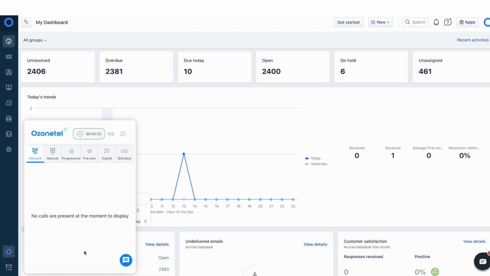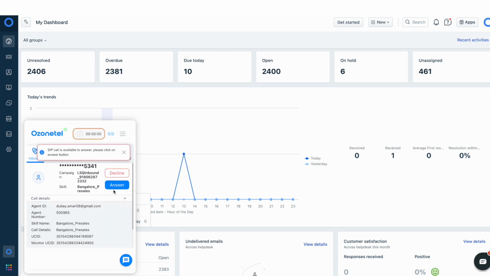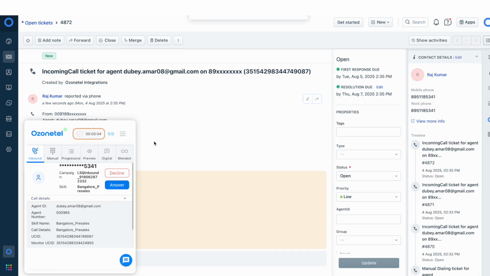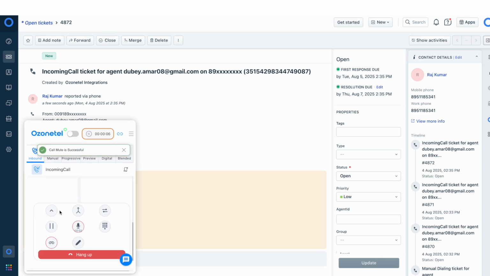Right now I am going to initiate an inbound call to the contact center. Once the call lands on Freshdesk, it will create a ticket. So I'm getting a call, I can see the details. In the backend, it created a ticket 4872. I'll answer the call. Once call is answered, I will have all the call control available to me as an